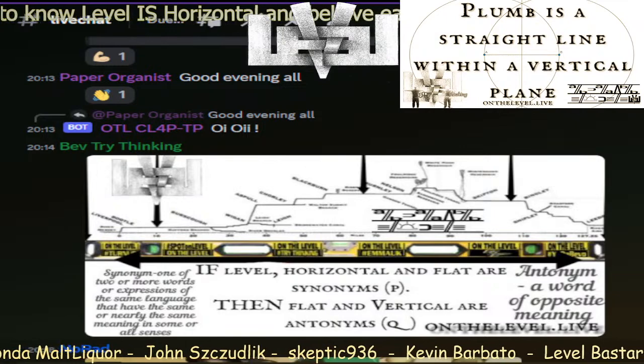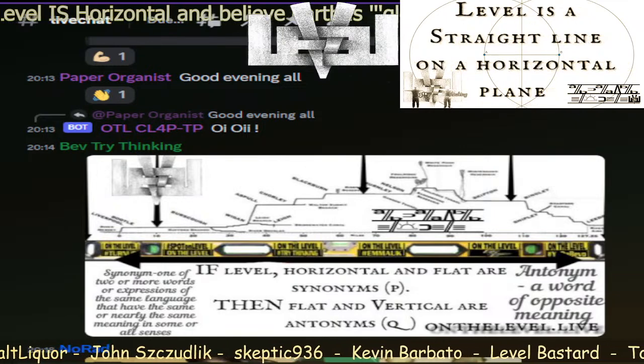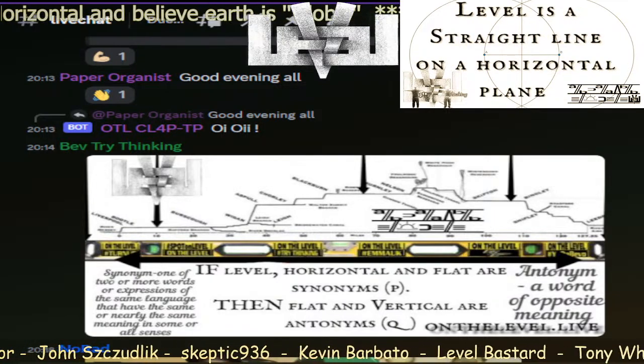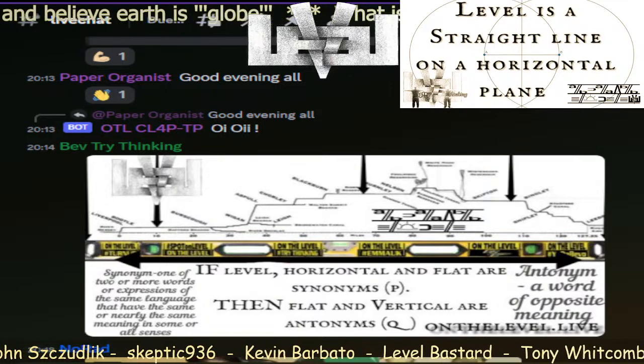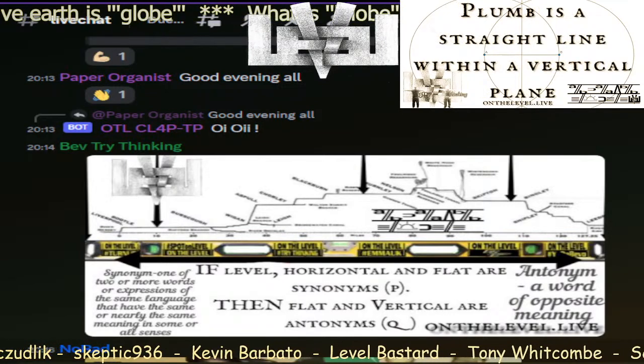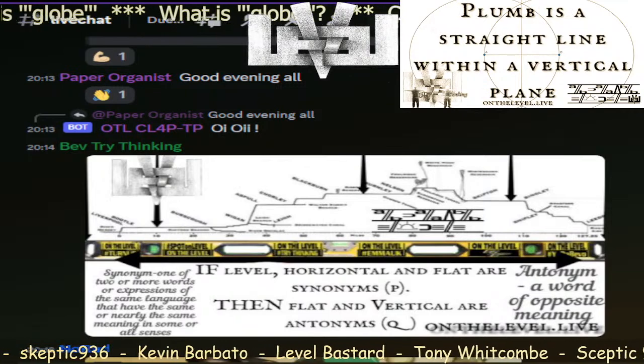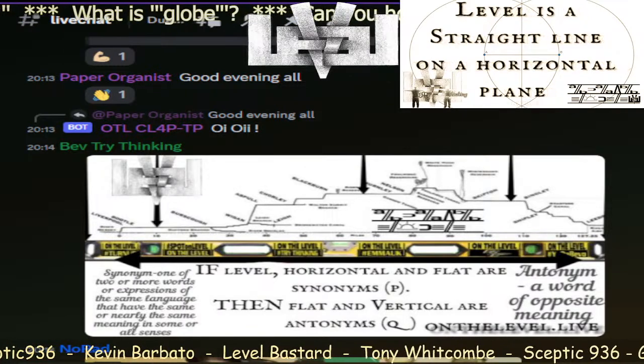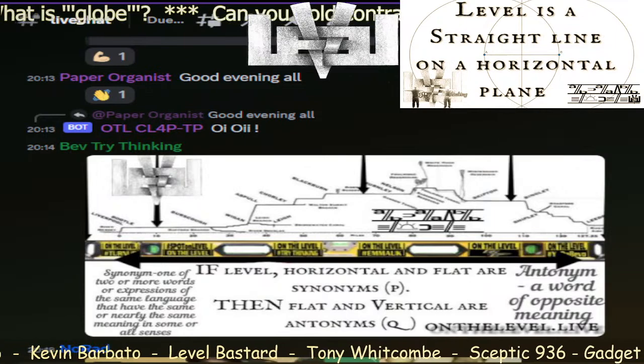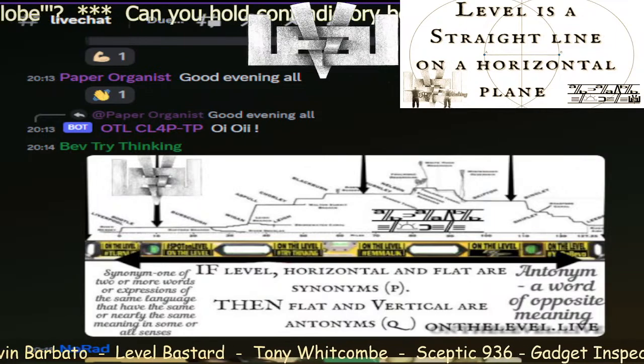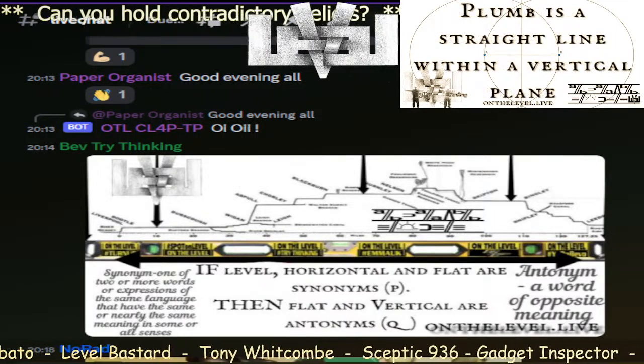We have subject being a sphere, first predication, and predication to predication. The same thing is here, because if level, horizontal, and flat are synonyms, and horizontal, I would add plane,